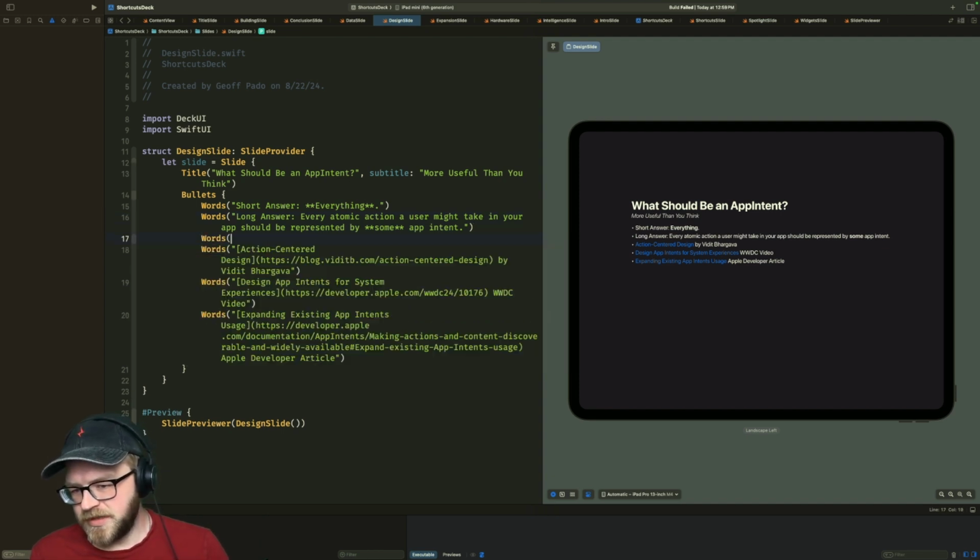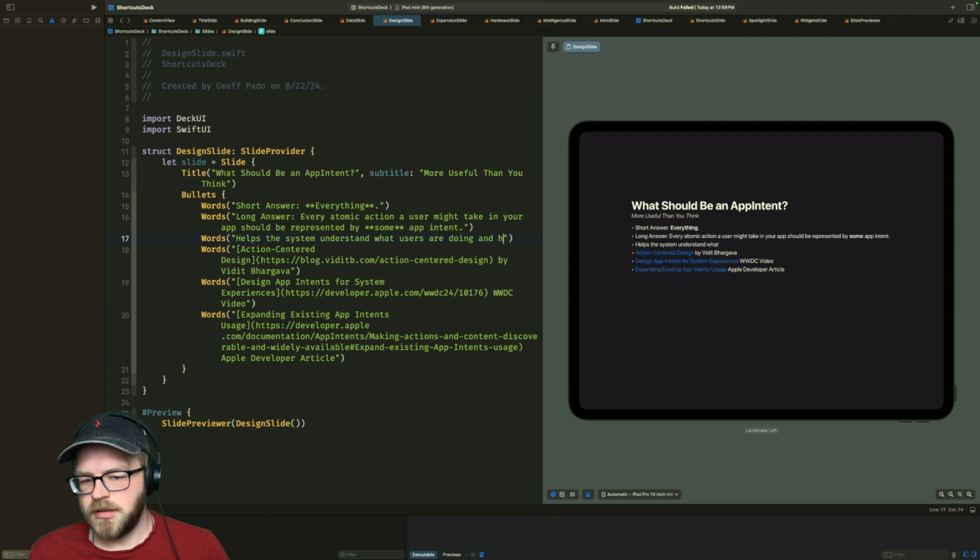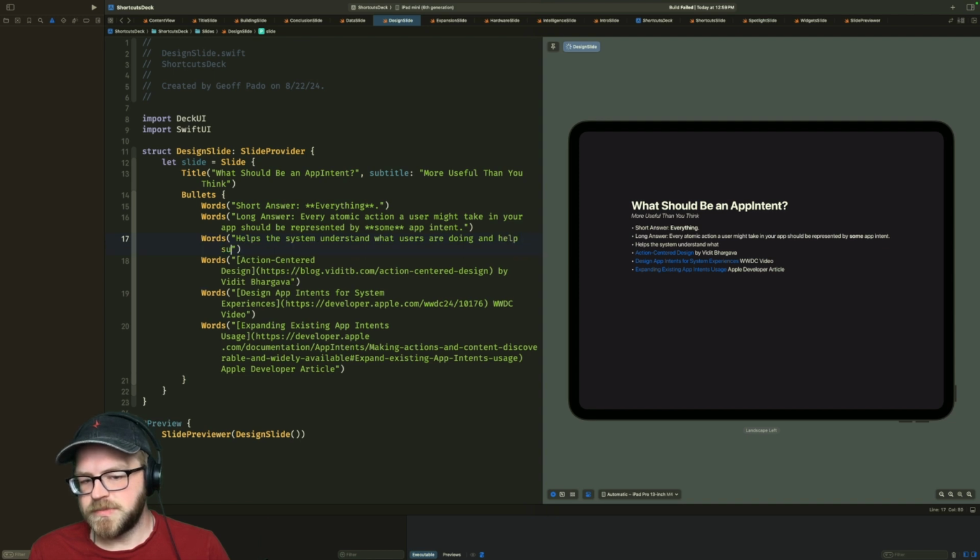The reason for this is that it helps the system understand what users are doing and helps surface those actions later.